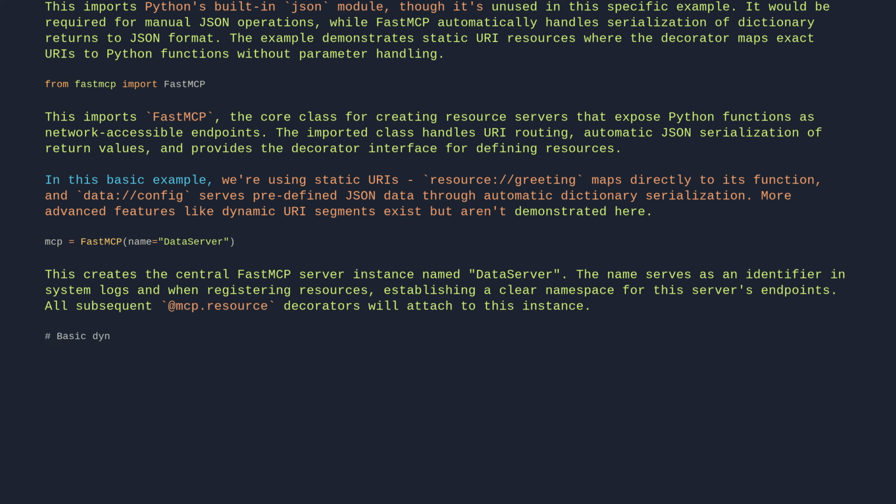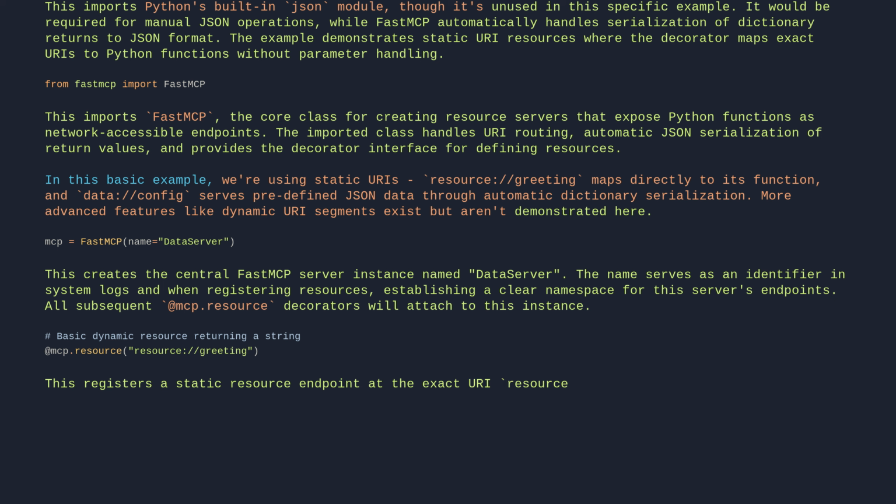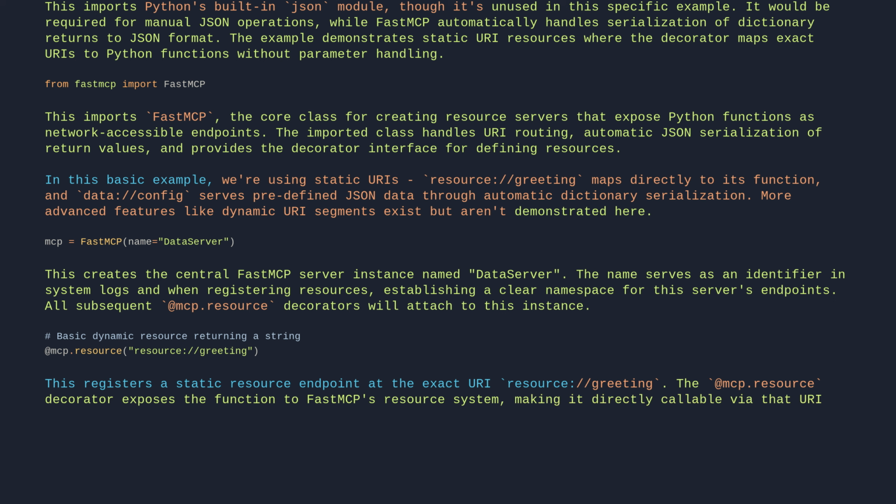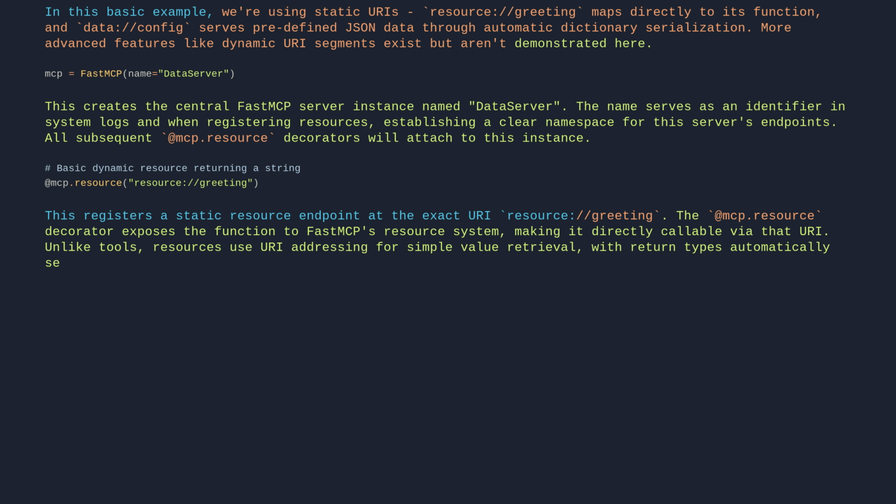# Basic dynamic resource, returning a string. @mcp.resource("resource://greeting"). This registers a static resource endpoint at the exact URI resource://greeting. The @mcp.resource decorator exposes the function to FastMCP's resource system, making it directly callable via that URI. Unlike tools, resources use URI addressing for simple value retrieval, with return types automatically serialized to match the response format. def get_greeting() -> str: